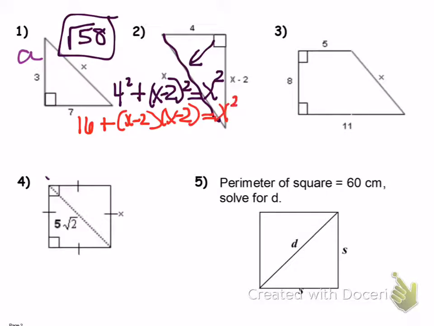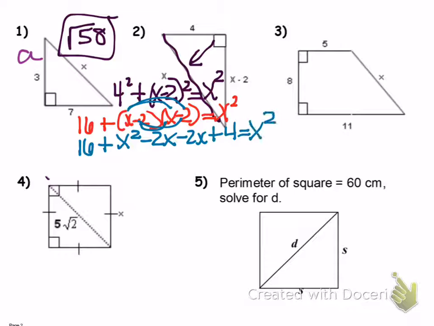Okay, whatever your way of working this is, great. I use the process of foiling, if you just want to double distribute, however you do it. So that's going to be 16 plus x times x is x squared. X times negative 2 is minus 2x. The inside is minus 2x. And then negative 2 times negative 2 is 4 equals x squared. And I'm just going to keep simplifying this. So I can see I have a 16 and a 4. I'm going to start with my x squared. So I have x squared minus 4x. 16 and 4 is 20